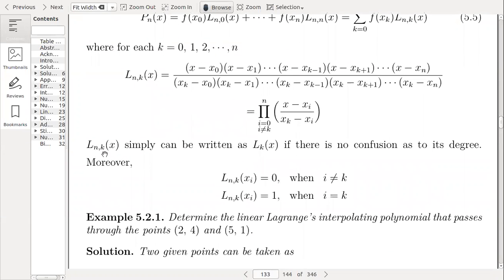So L n,k of x simply can be written as Lk of x if there is no confusion as to its degree. So if we are clear that we are actually generating the polynomial of degree 2, 3, 4, then we can skip writing L n,k of x and we can simply write Lk of x. For example,